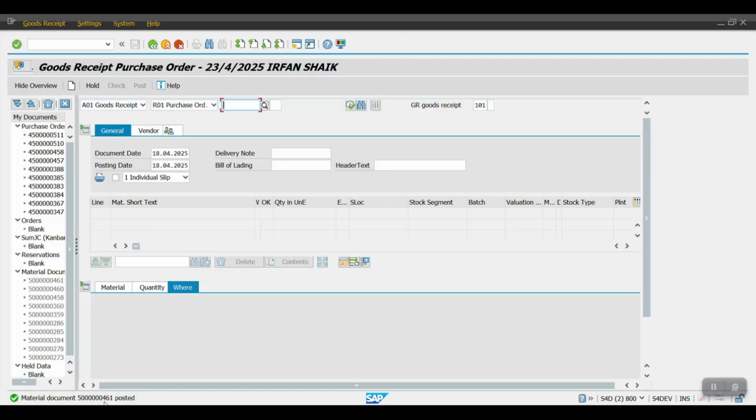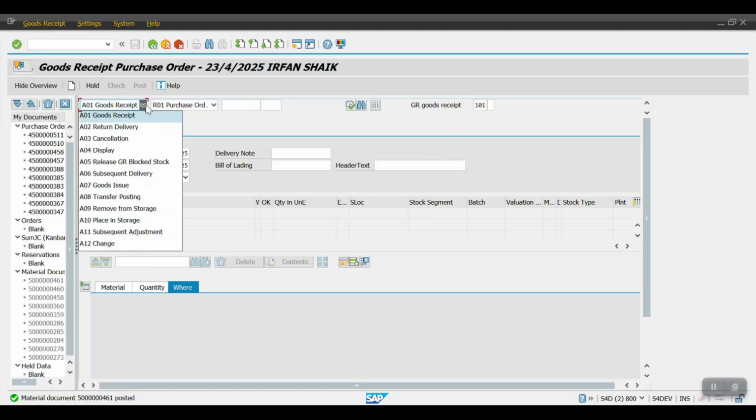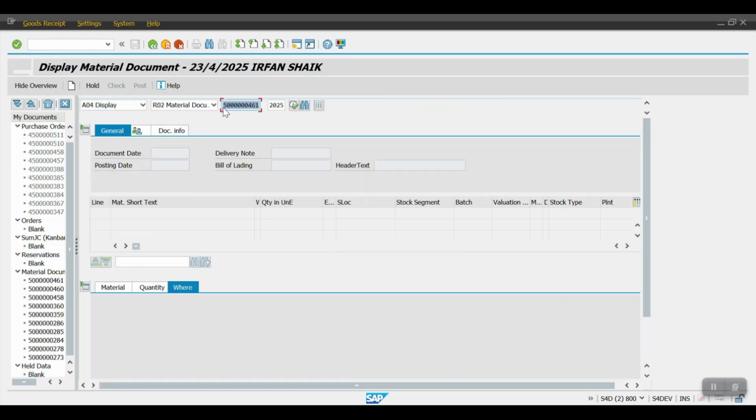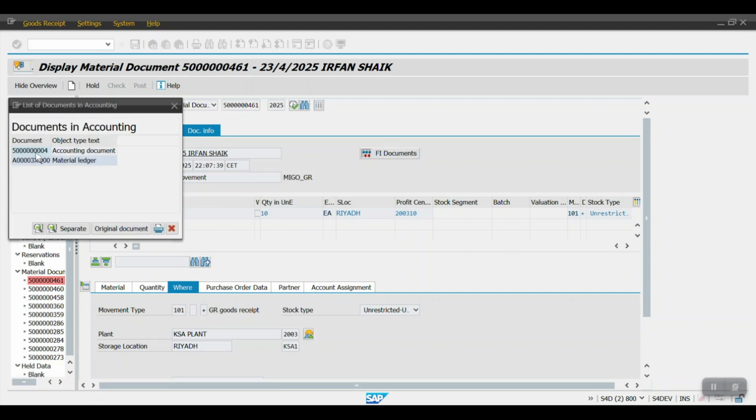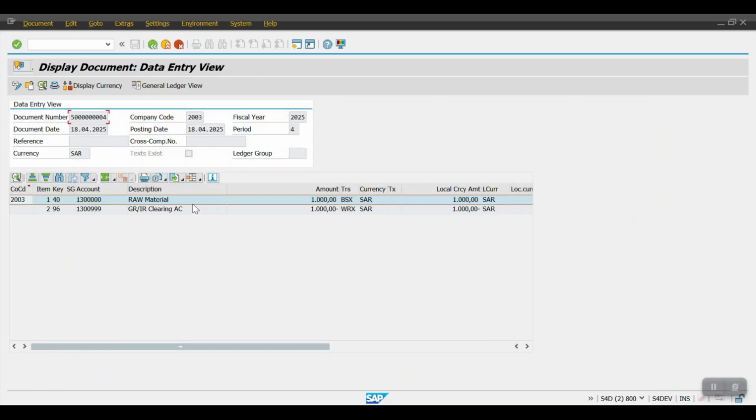You can see here this material document has been generated. Okay, let me display the document, and we will see the FI document first. So here we can see raw material account debit and GR/IR clearing account credit with the 10 quantity we have posted. So it is the correct amount, 1000. And now